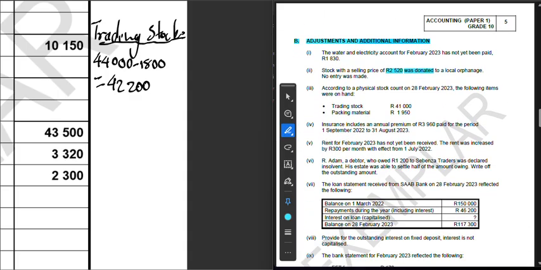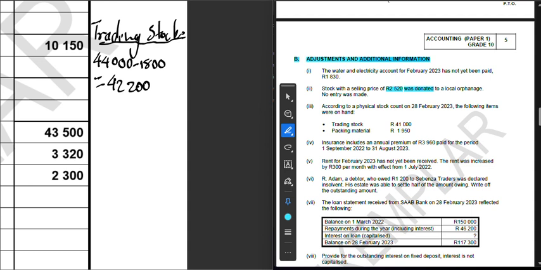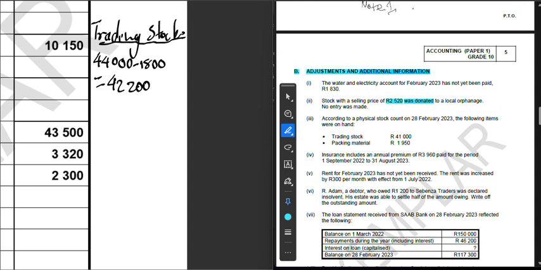So what we had calculated on top there is the real trading stock that we have in our books. However, the real trading stock that's inside our storehouses or warehouses is 41,000. So which one is more? Is it the one that's written in our books or the one that is on the stock count? The answer is simple, it's the one on the stock count. So is this trading stock more or less? It's less. So if it's less, that means we are going to calculate